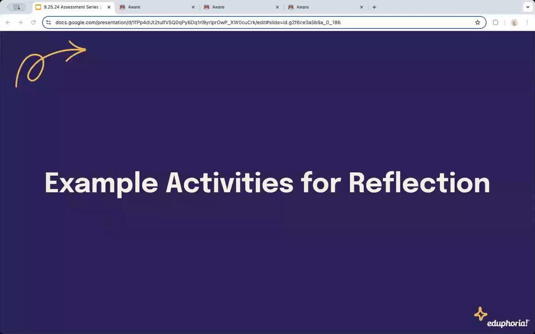Keep in mind, though, that each reflection activity will only be as effective as you allow it to be in your classroom. If you don't approach it with the right mindset and attitude, the students are not going to approach it the right way either. Plus, if you never use the reflection activities that you have the kids do in your review and working with the kids in this reflection and feedback process, the kids are never going to see value in doing these things either. So if you make them do it, make sure you're using it in some way.